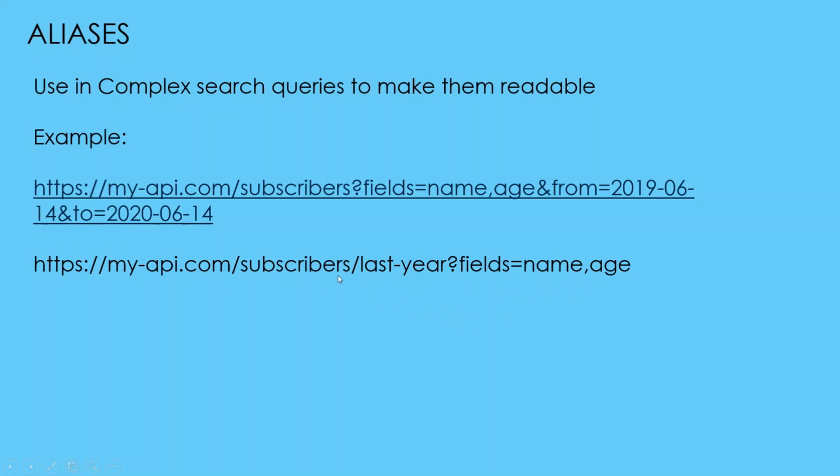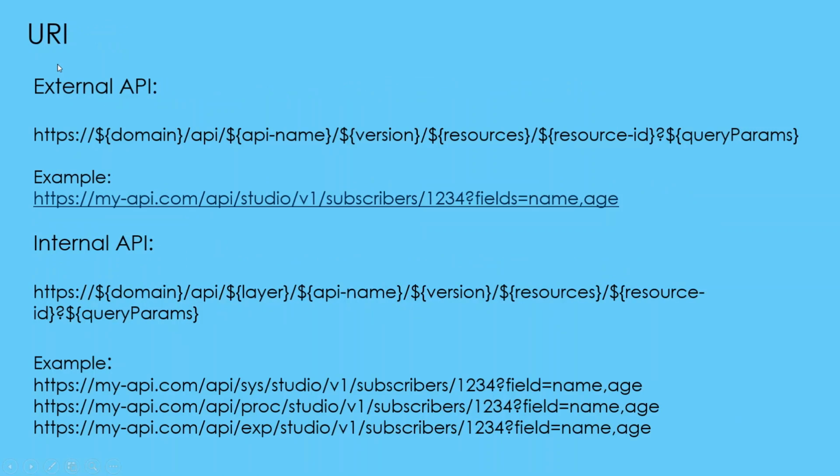So this is last year, resource name is an alias. So we are using an alias for the query parameters, which makes the query more readable and consumer friendly. Now that we have understood how to design resources, verbs, query parameters, and URI parameters, it's time to understand the